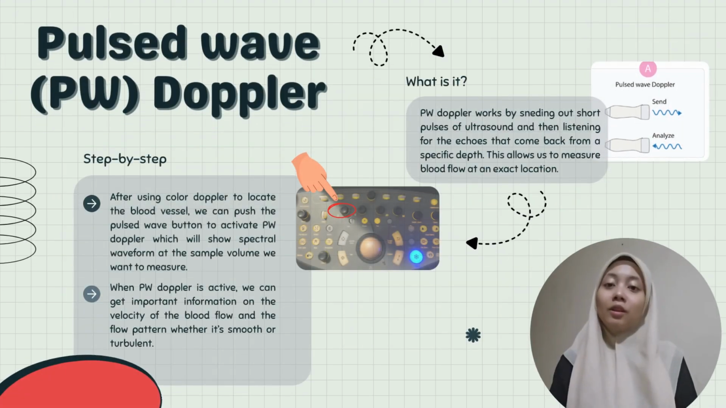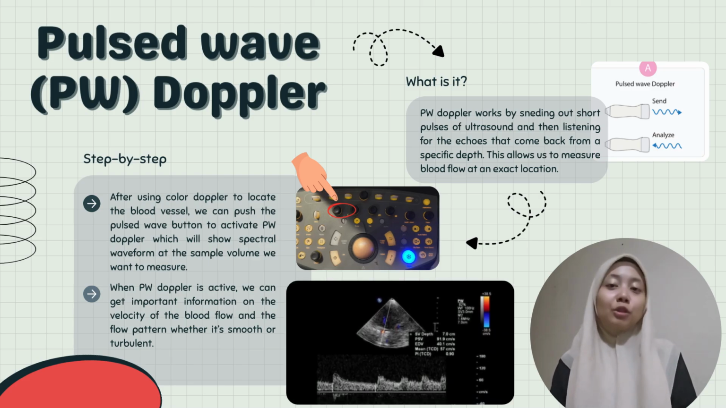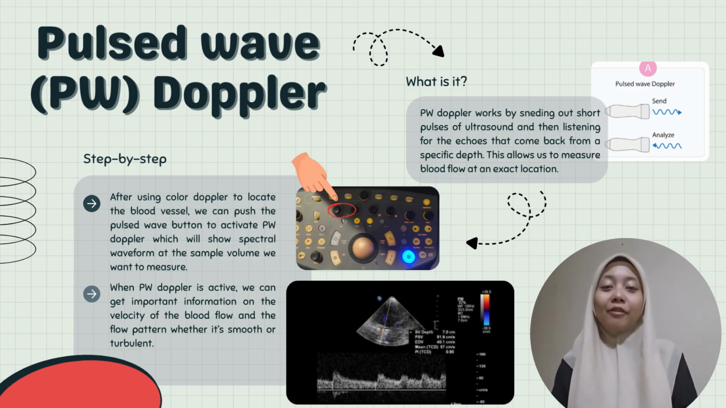Pulse wave Doppler, or PW Doppler, works by sending out short pulses of ultrasound and then listening for the echoes that come back from a specific depth. This allows us to measure blood flow at a set location. The first step, after using color Doppler to locate the blood vessel, is to push the pulse wave button to activate PW Doppler, which will show a spectral waveform at the sample volume we want to measure. Then, when the PW Doppler is active, we can get important information on the velocity of the blood flow and